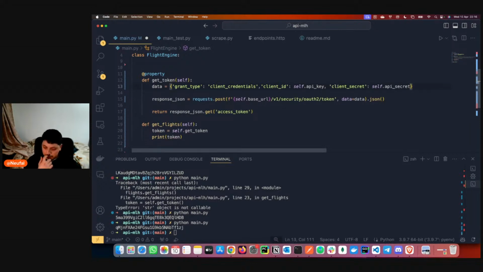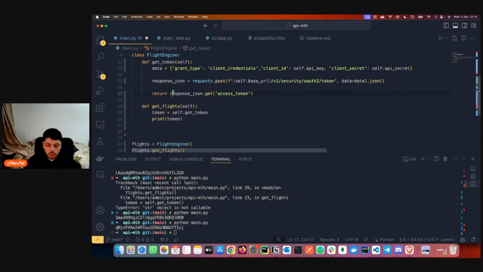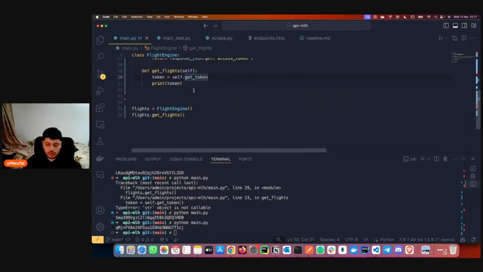Okay. So we want to get the token. I don't recommend it, but there are some people that will just copy this, paste this here, and just go on. But I recommend you do it in a separate way, in separate lines, because it's easier to read. So yeah, probably it is better. So now we have the token.